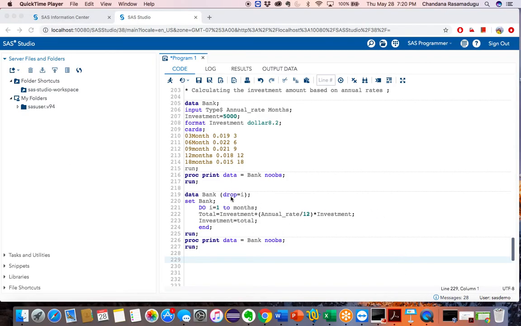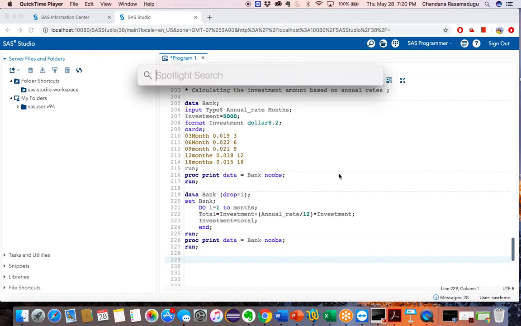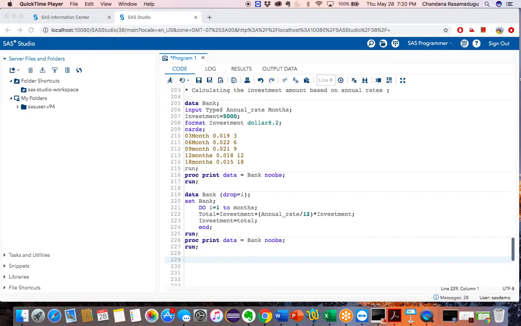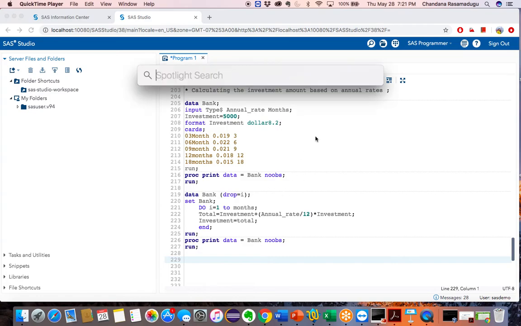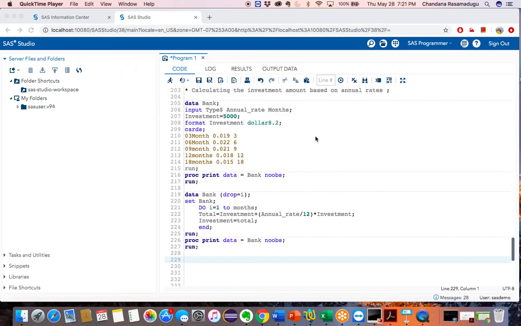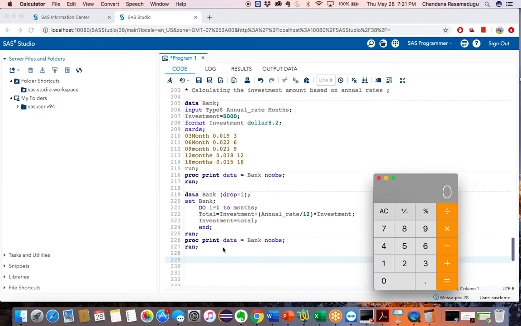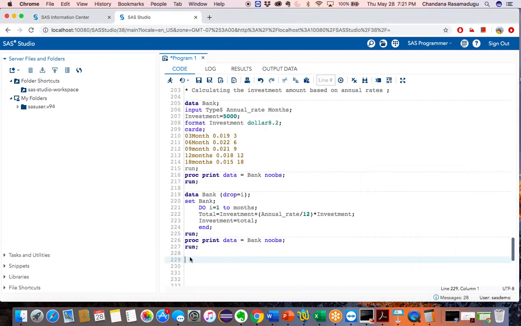so now let's calculate these values manually. Okay, let's take a calculator here. I'm taking a calculator now. See, now I want to calculate these values manually, like earlier we have done, right? I value, and what I want now, total value.